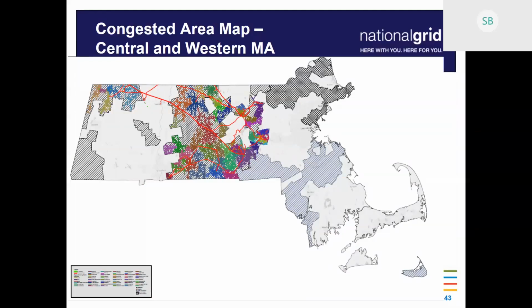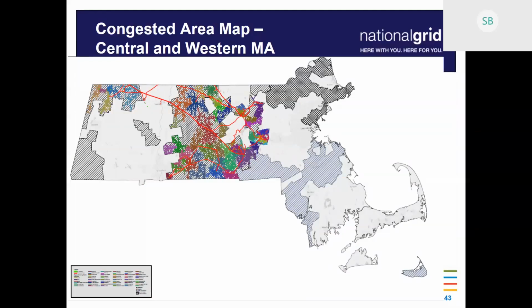This all ends up spanning from the entire middle part of the state pretty much all the way out to the North Adams area up in the Northwest. It's a lot of megawatts and a lot of projects that are affected. But saying that doesn't drive it home as much as showing you the physical locations of where it's all happening. Mike, could you provide some narrative of what the legend represents?